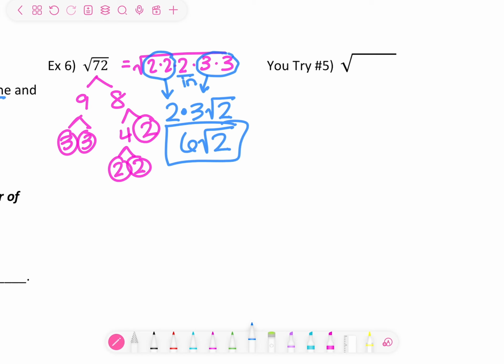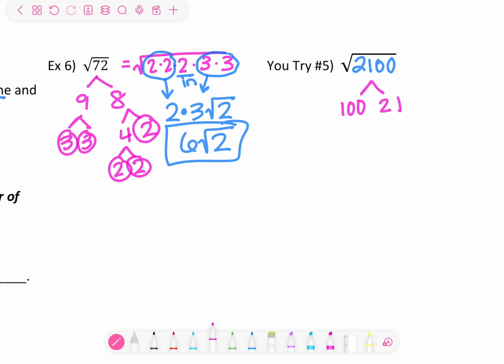All right, so for this last one, I'm going to give you 2,100, because if you can do this one, you got it. Okay, so you can double check in the calculator first that it's not a perfect square, okay? And then you can go ahead and break it down and go from there. So pause the video and try that. All right, so let's go ahead and do it. So 2,100, I know because it ends in 2 zeros, I can divide by 100, and that's going to be